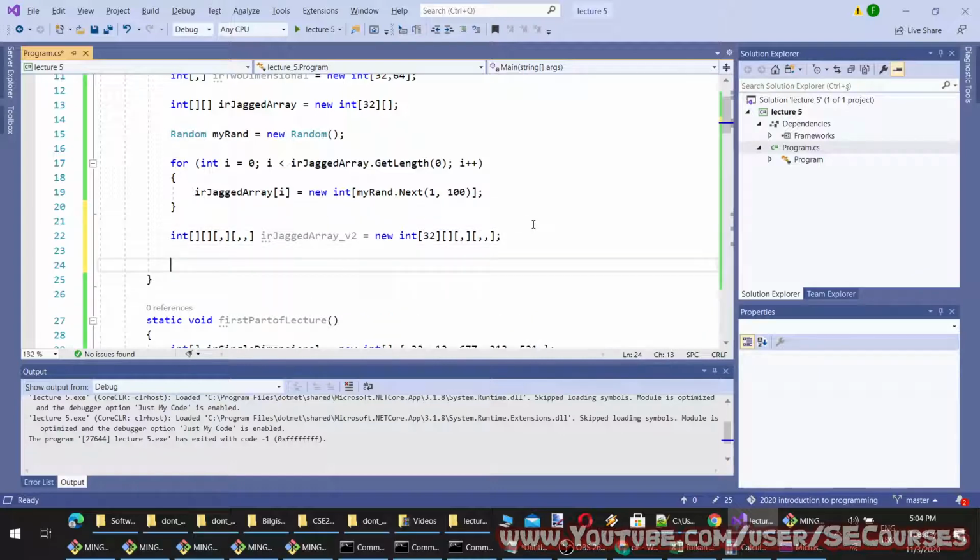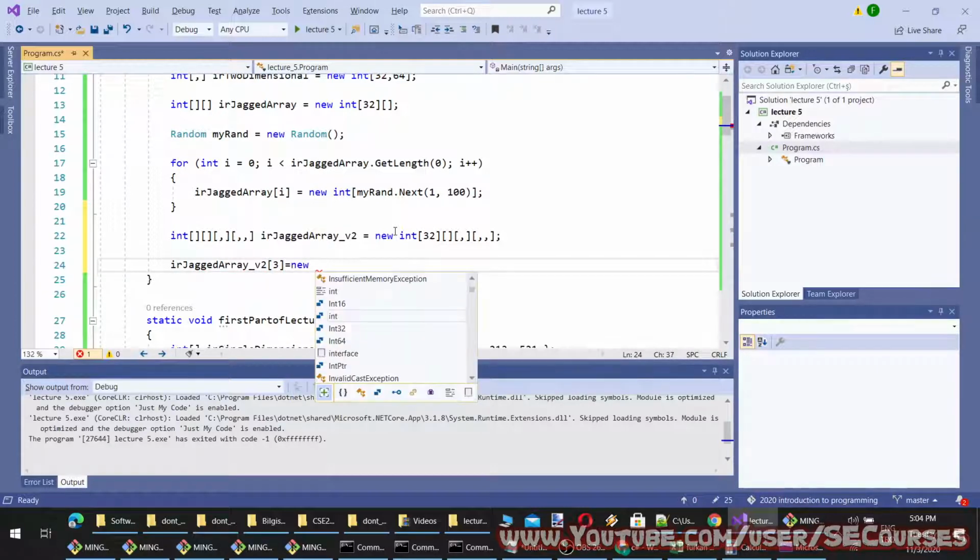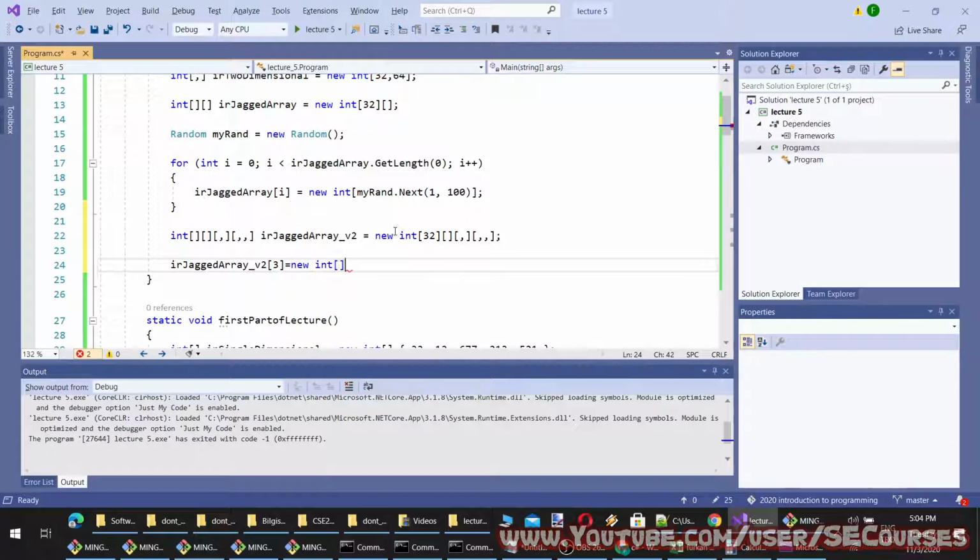What I can do is show you a single example. I'm going to initialize the third object of the array like this. Let's make it 10. And I have to use this and this.